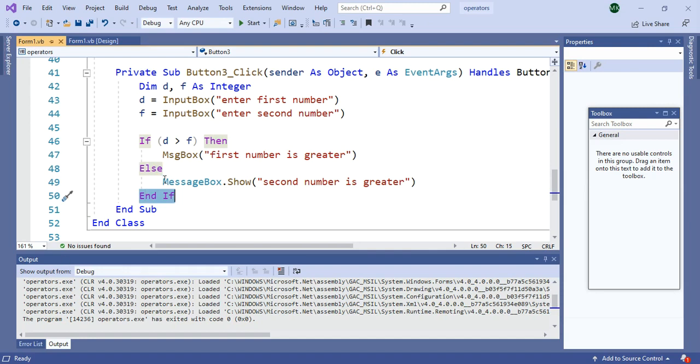One more thing you should remember, a message box you can write in both ways, either MsgBox or MessageBox.Show. If you are writing MessageBox, then you have to write .Show also. So this code will give you the output.